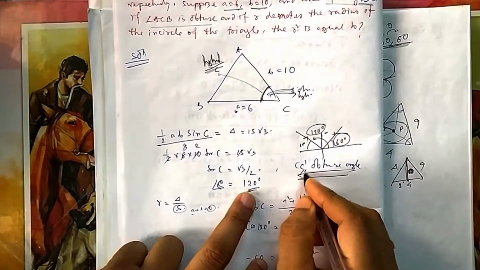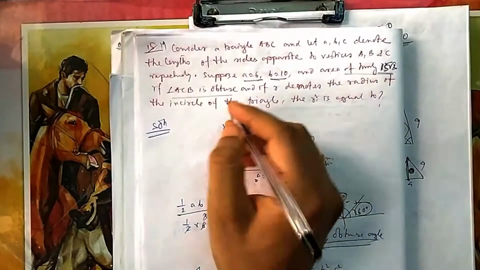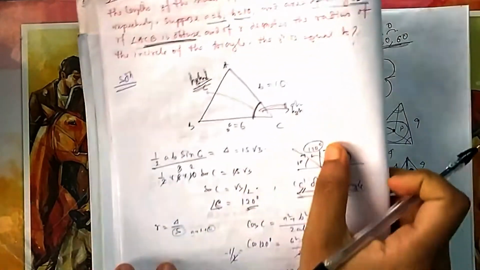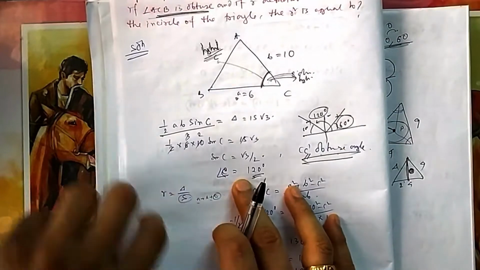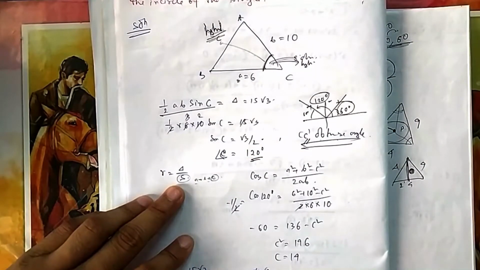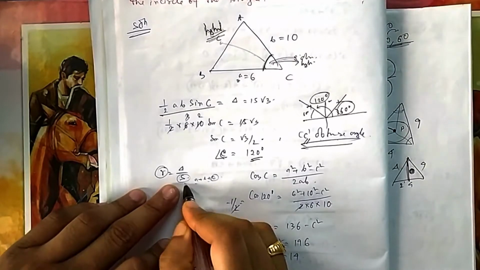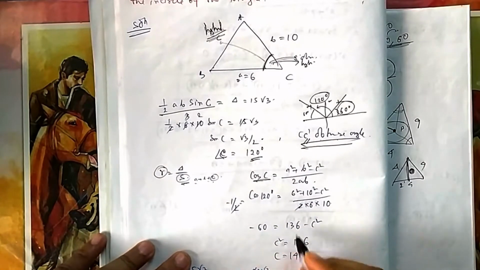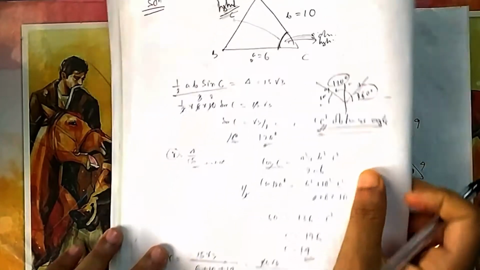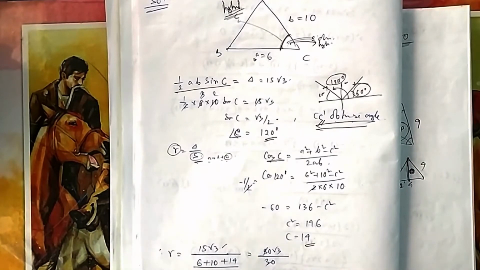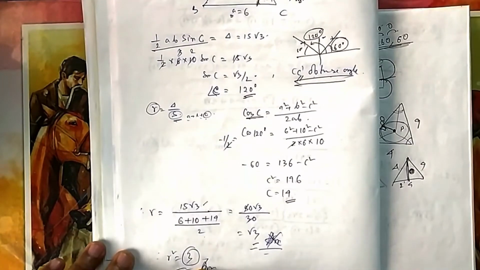So you have to be very careful because it is obtuse, so mark what is given. ACB is obtuse, so these lines are very critical, and when we are marking C, all conditions should be satisfied. Once you know C, then it becomes easy. You know r is equal to delta by s. For that s you need C, so you can apply the cos C formula. If you apply this formula, you will find c. You put it there, delta by s. Delta they have already given. s is the semi-perimeter. So r square equals 3. So this was the main thing.